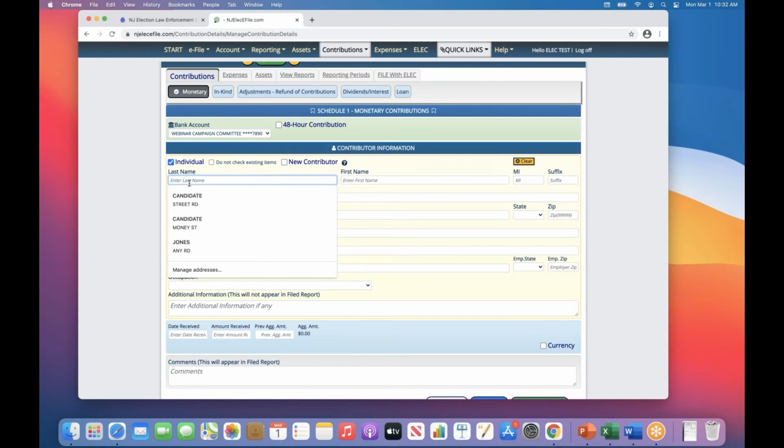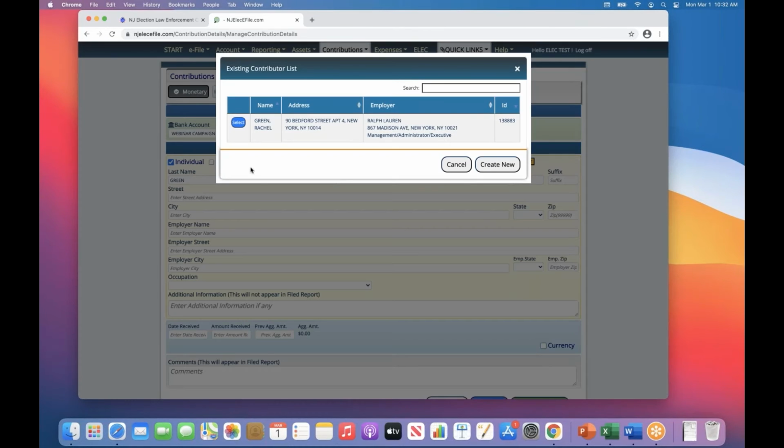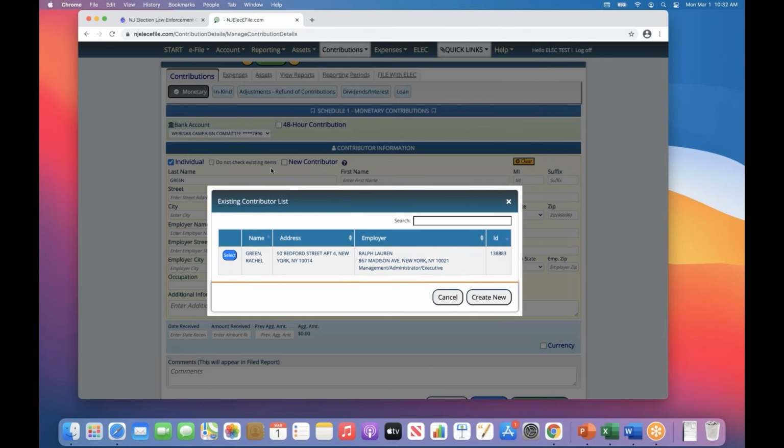So let's see in here. Okay, so if I had already received a contribution or had entered this person in here before, and I click tab, it's going to give me this pop-up. If I don't want pop-ups to happen, I will select that do not check existing items, because if I have the same last name for 30 different people, then it's just going to keep popping this up. The benefit to this, however, is that if you receive